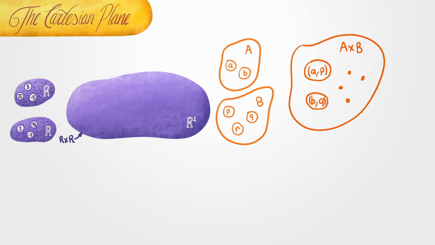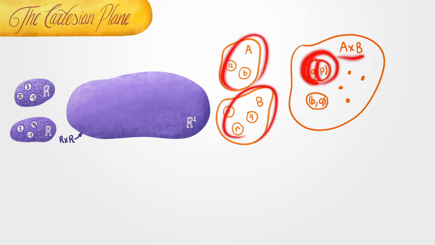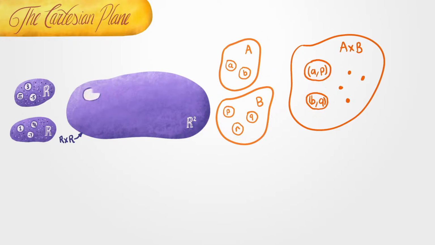Now, I want you to remember that the Cartesian product writes down every single possible pair, where the first element appears in the first set and the second element appears in the second set. So therefore, R squared is also going to be a set that contains a whole bunch of pairs, but it's going to contain every possible pair of numbers. So, for example, one possible pair of numbers is the pair (3, 2), where you took the 3 from the first set and the 2 from the second set. Another possible pair is the pair (-7, 4), where -7 is taken from the first set and 4 is taken